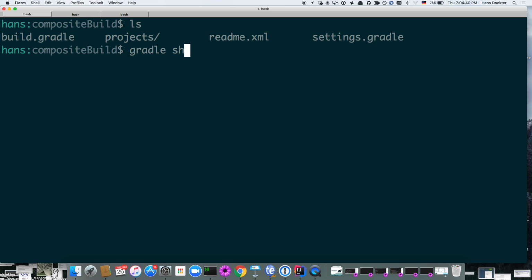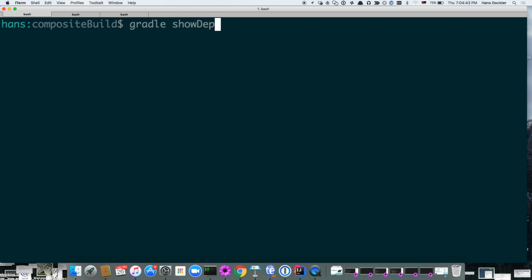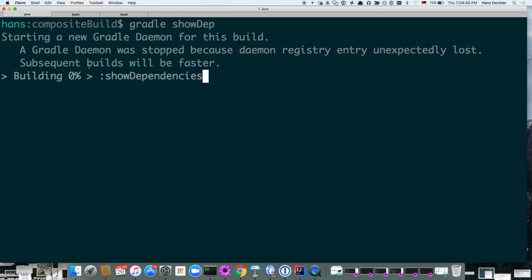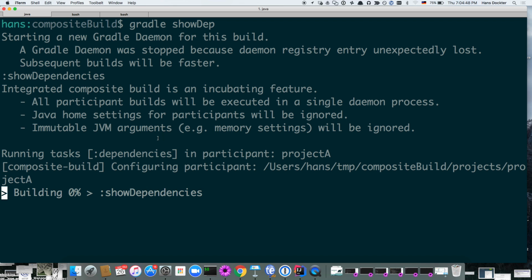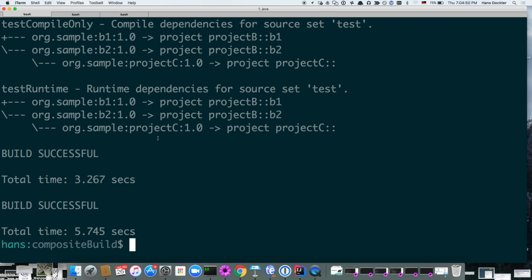And when I now say Gradle, show me the dependencies of that composite, something interesting is happening. So you see Project A has a dependency, right, on B1 and B2, and this is automatically replaced with a project dependency of Project B, B1. Right? So Gradle understands automatically, okay, if that is the composite, I scan all those different builds, whether they